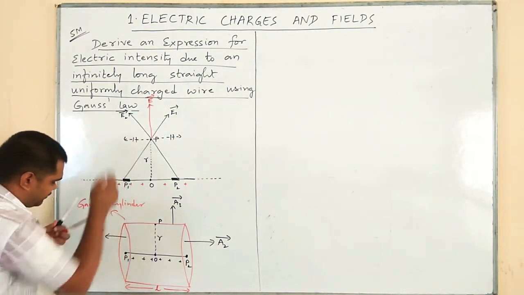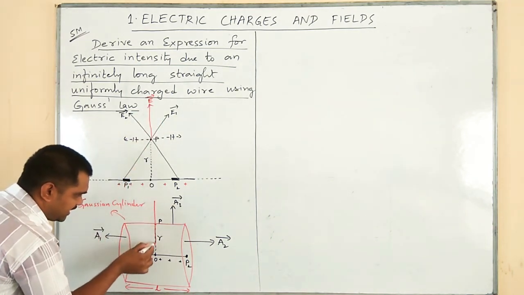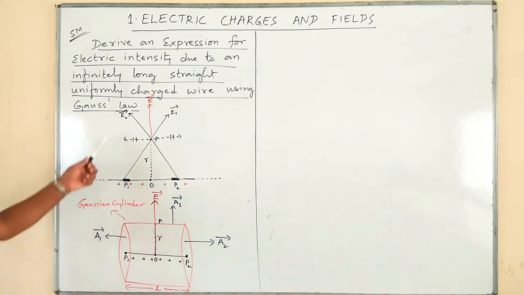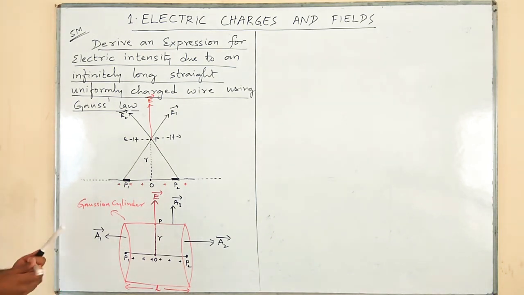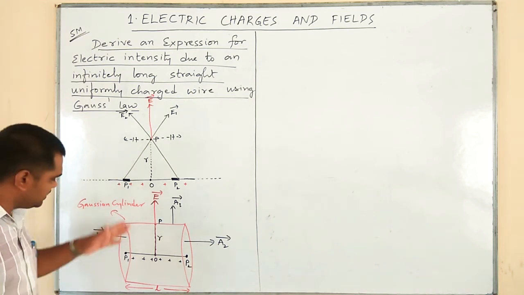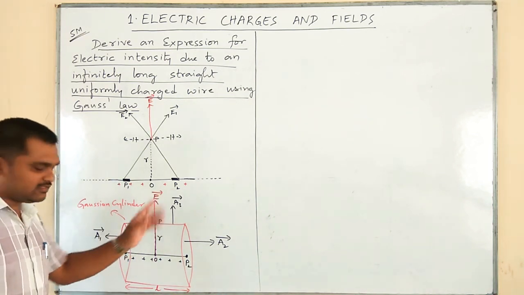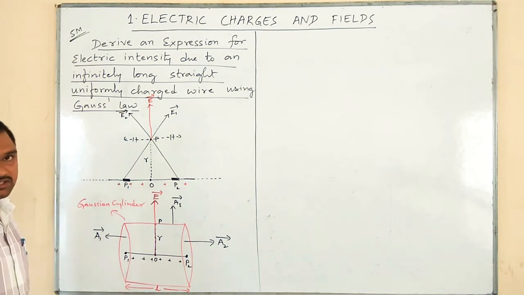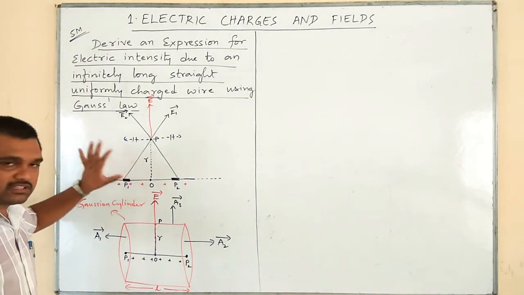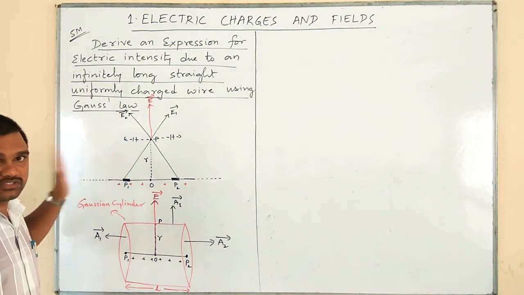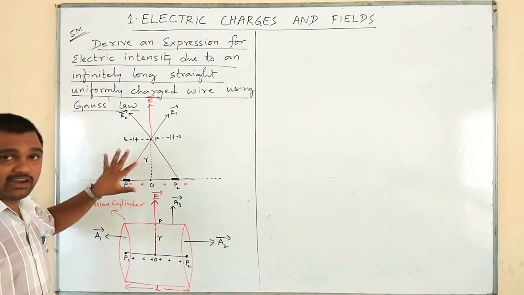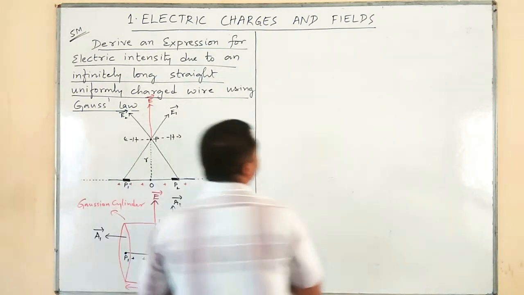What is the direction of the electric field? The direction of the electric field is outwards, like this, isn't it? Both the diagrams you have to write in the annual examination. See, now we have followed the first rule of Gauss, that is, we have imagined a Gaussian surface symmetrical to the charge distribution. Moreover, we are keeping this wire in the presence of vacuum. No need to say that, you have to understand it, because all physics experiments except sound experiments are valid only in case of vacuum. Okay, fine.